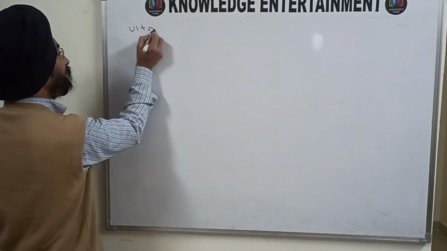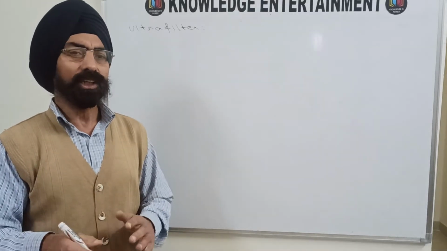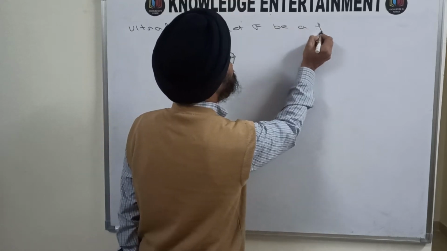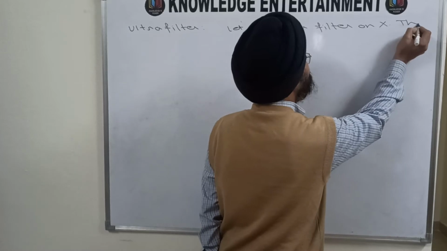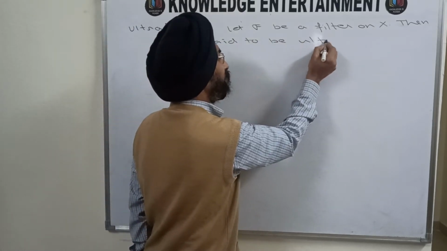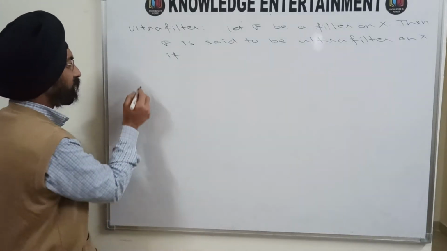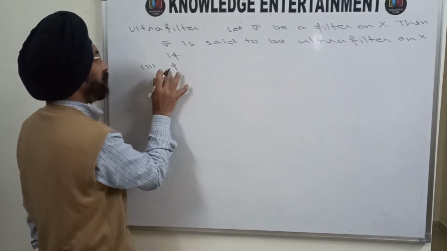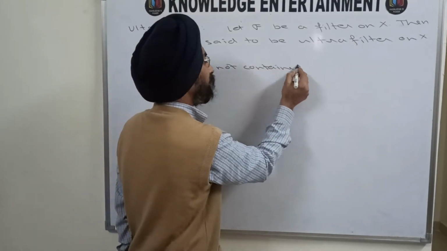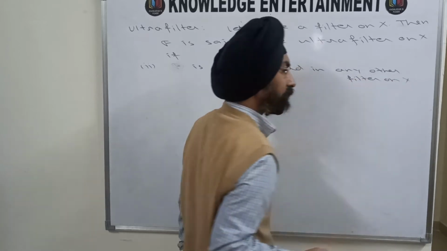So let us see what an ultrafilter is. An ultrafilter is a filter which is not properly contained in any other filter on the same set. So let F be a filter on X, then F is said to be an ultrafilter on X if two conditions are satisfied. Number one, F is not contained in any other filter on X, and secondly,